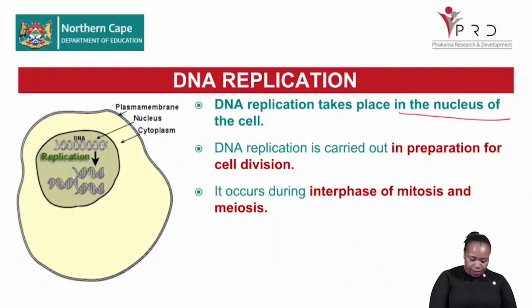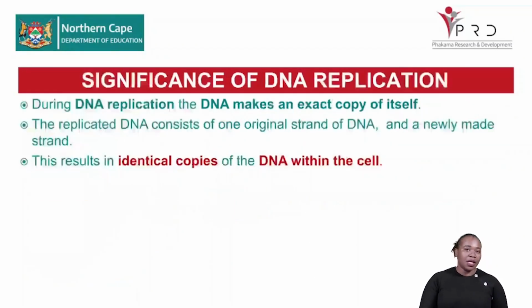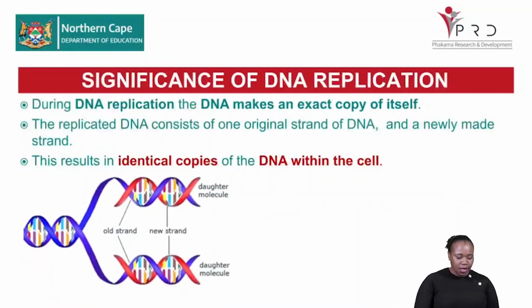This is going to take place whereby this DNA molecule is going to replicate itself, and then at the end, we are now going to end up with these two DNA molecules. Remember, the two DNA molecules are supposed to be exactly the same. This is carried out in preparation for cell division. By cell division, we mean mitosis and meiosis. All right. Now, during this process, as we've said, the DNA will make an exact copy of itself. At the end of the process, we're going to end up with